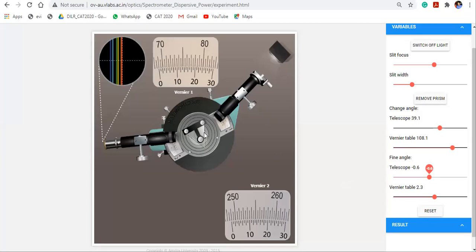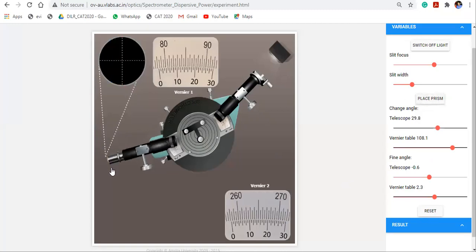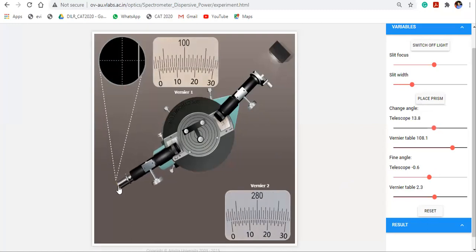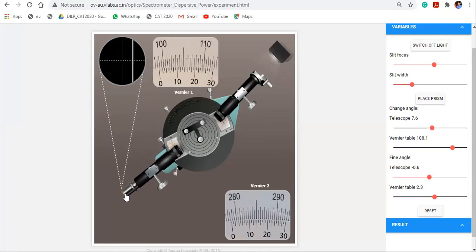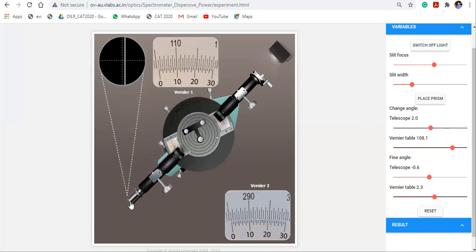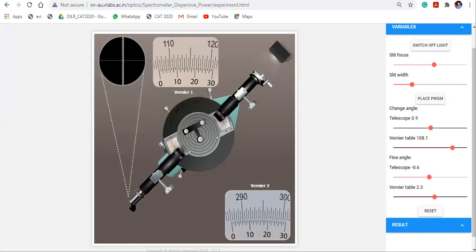Now we have to calculate direct reading. How can we note down direct reading? Just remove the prism and set it on crosswire like this.